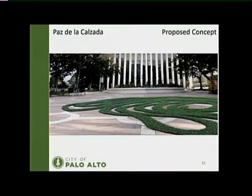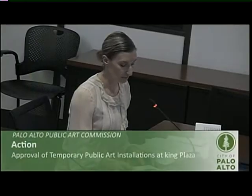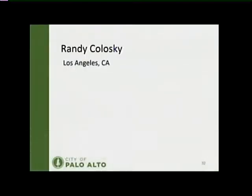Just a couple more. Randy Kolaski is another local artist. He lives between Oakland and Los Angeles. So just a quick